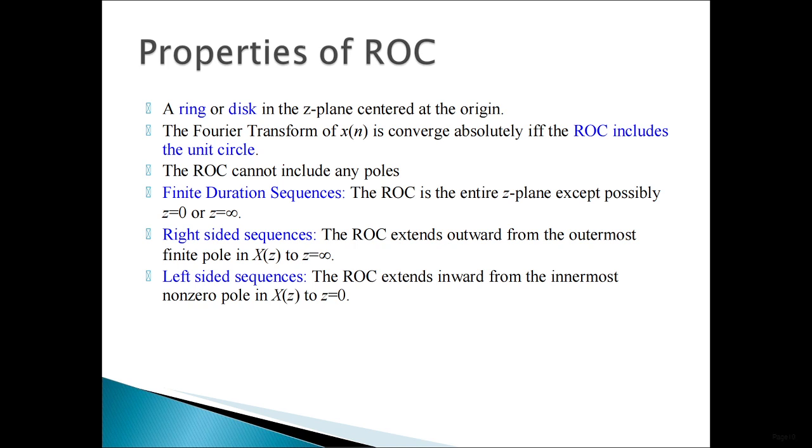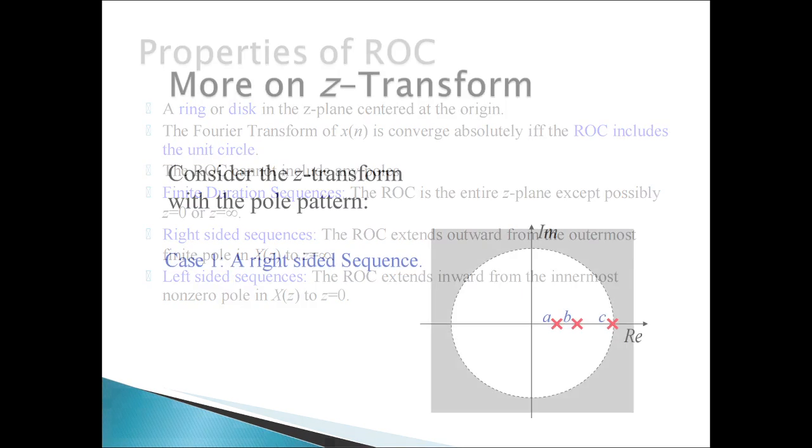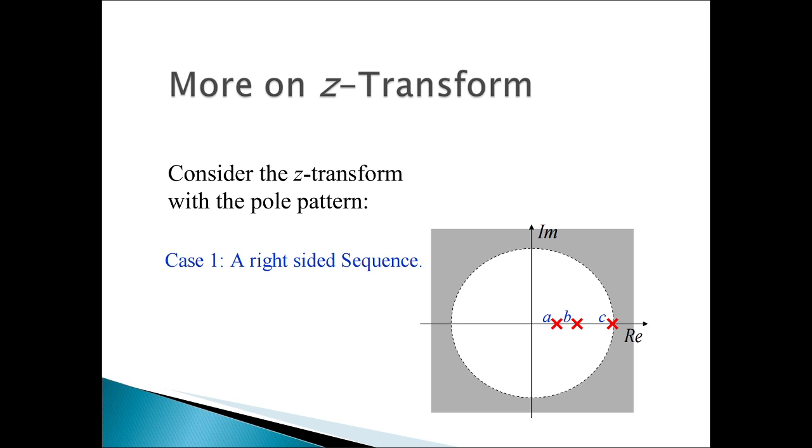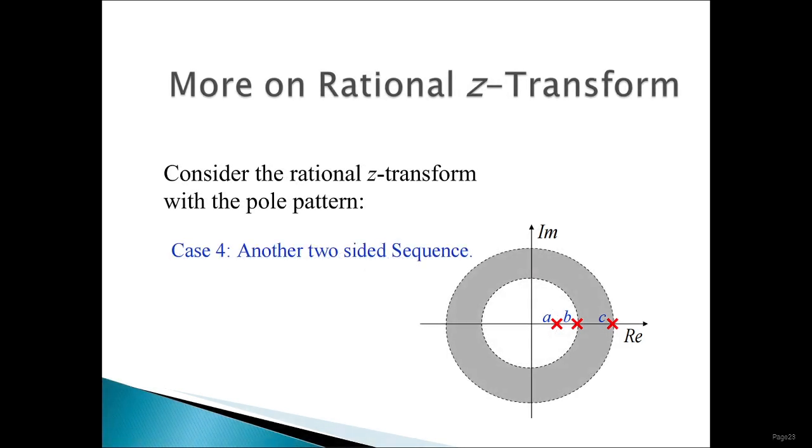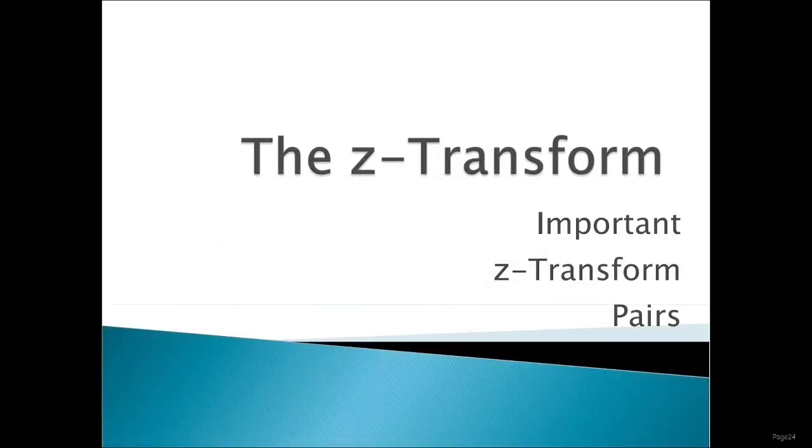Now, the properties of the region of convergence are not needed actually. We must go with the properties of the z transform. In the properties of the z transform, again we have to recall the properties of the Laplace transform and the properties of the Fourier transform. The properties of the Fourier transform, Laplace transform and z transform will be asked for 10 marks in the exam. So students, please be careful about these properties.